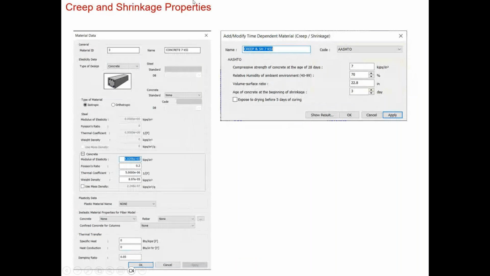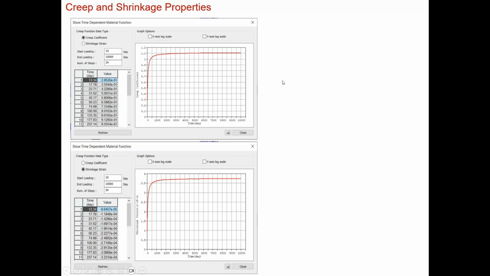An important thing to consider is the creep and shrinkage effects. So you want to make sure that this 7 KSI concrete that's used for the bents has associated creep and shrinkage properties. This is defined according to AASHTO here, with the humidity and the volume to surface ratio, and the age at which we expect the shrinkage to happen, and of course, the final concrete strength for the bent. And you can always display the creep relation with time and shrinkage relation with time,